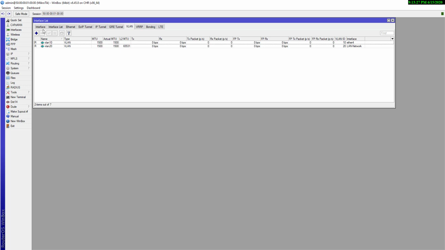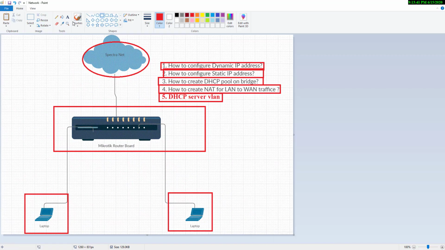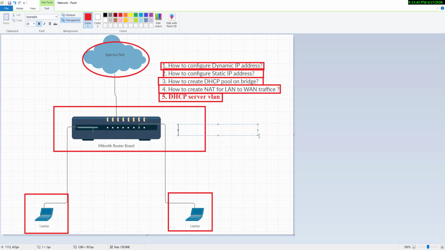So let's have a look at how we can create a DHCP server on our VLAN. I will show you another way to create a DHCP server. For a DHCP server, on any firewall, whether you are using MikroTik or any other firewall, you always have to follow these 4 steps.